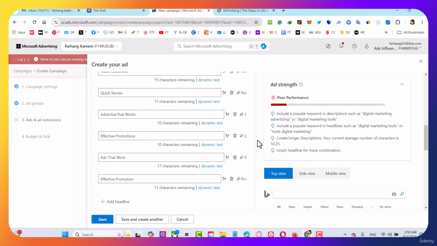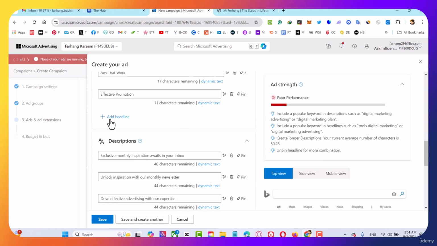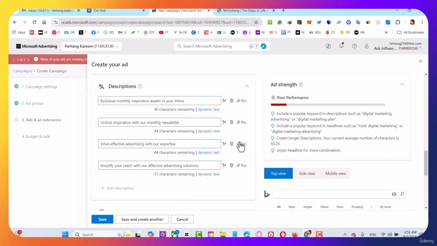And let us make another one. And you can actually add more headlines, and here are the descriptions. So exclude inspiration awaited in your books. We actually don't want that. And so let us type something by ourselves. And here we have the ad strength. So it says include popular keywords such as digital marketing tools, digital marketing advertising. So it says the performance, but if we can type, for example, digital marketing tools, and also let us type this one,